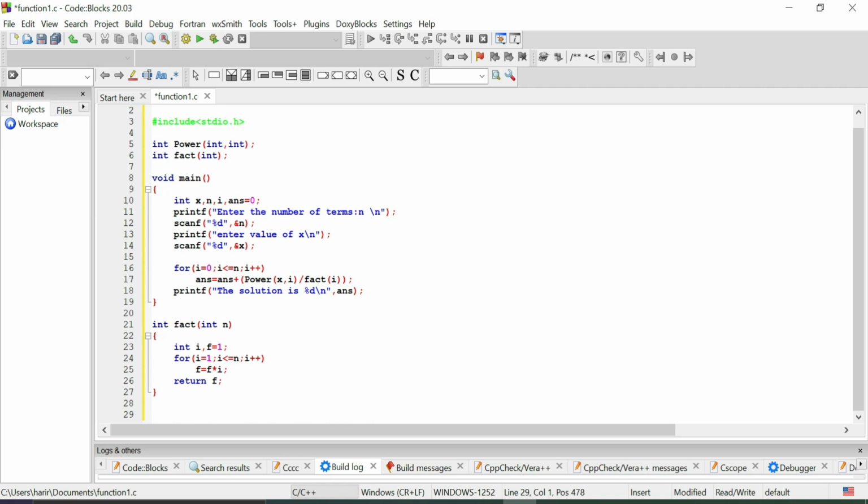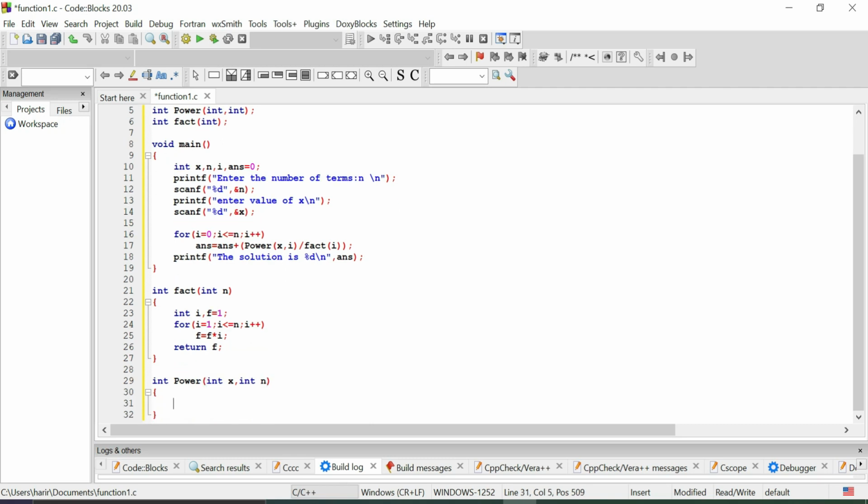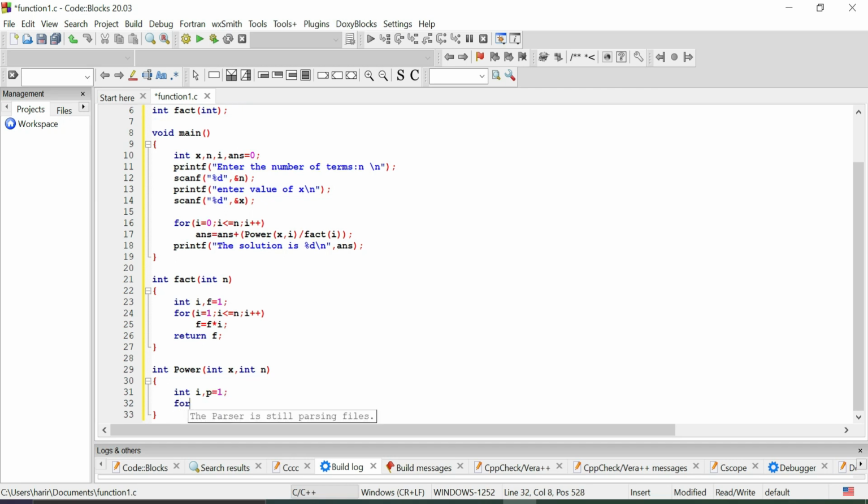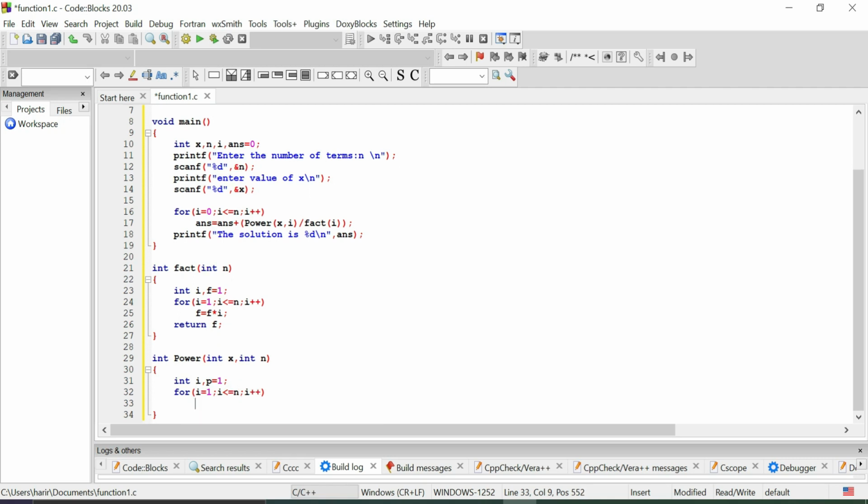Now let us write the definition for the power function. I'll write int power, with the base and the power. If I want x power n, I need both x and n. Here I will declare i, and one variable called p, storing 1 there. For i equals 1, i less than or equal to n, i plus plus, so this loop executes n number of times.